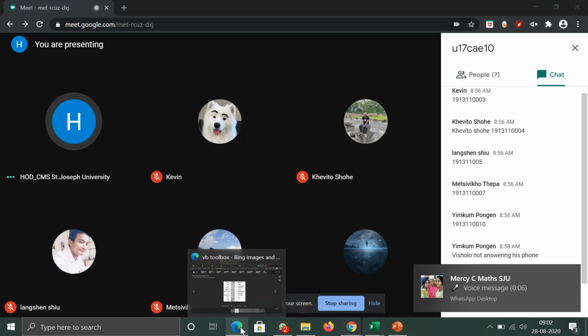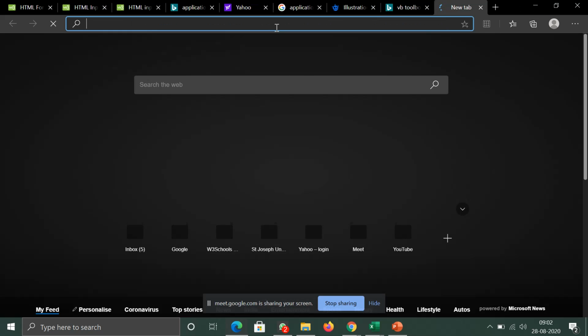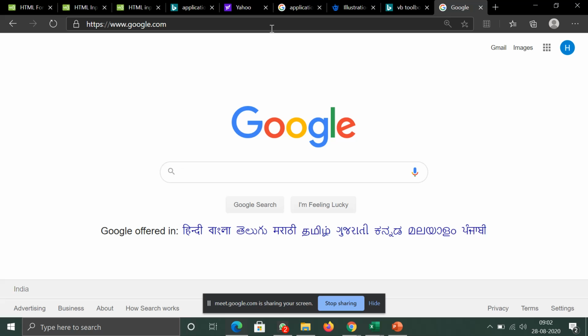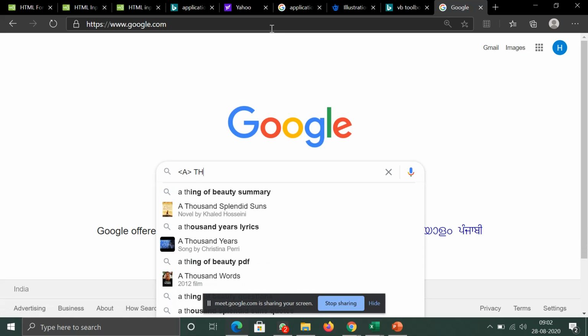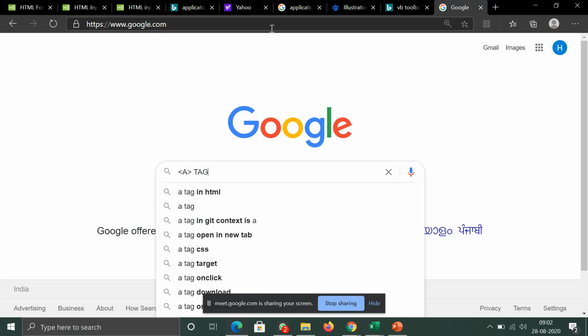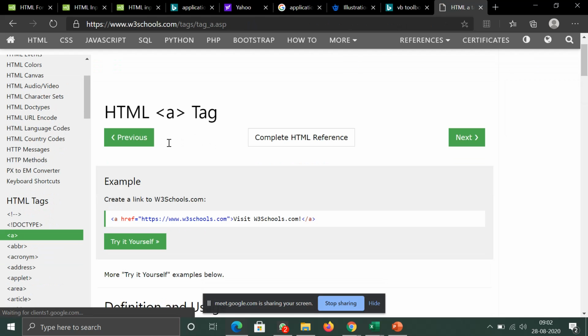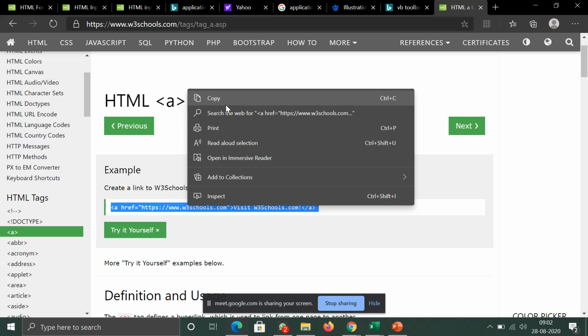So today, before proceeding further, first we will see an important tag called the link tag, which is given as the a tag. a is actually the link tag. It has an attribute called href.